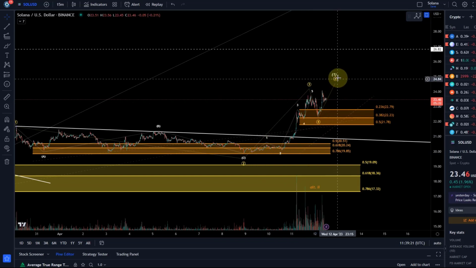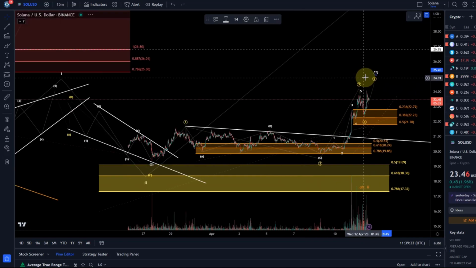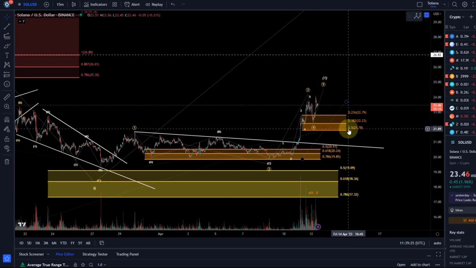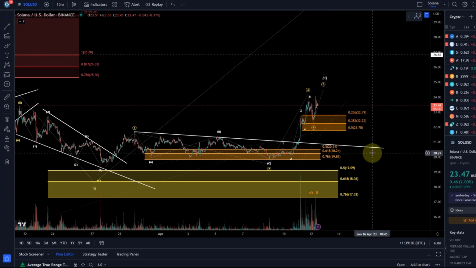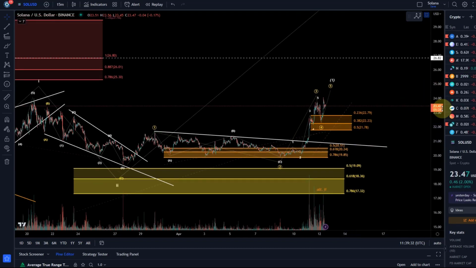Now, this 5-wave move, when it's finished, would most likely be a wave 1, and then we come down again in a wave 2, a deeper pullback. As soon as I have a confirmed top in place, I will let you know what the key support area is for that. Someone asked me